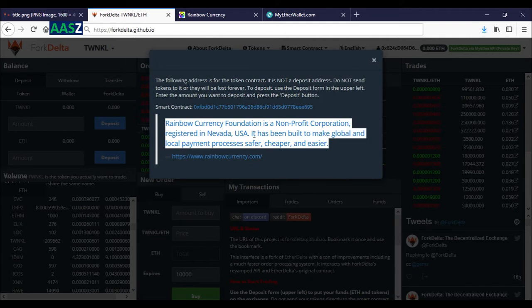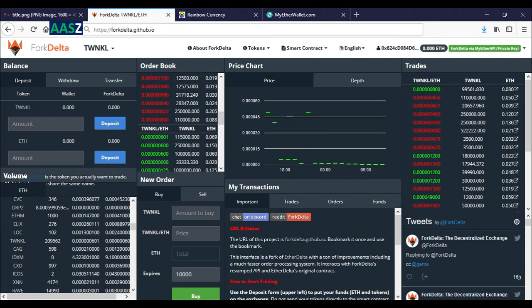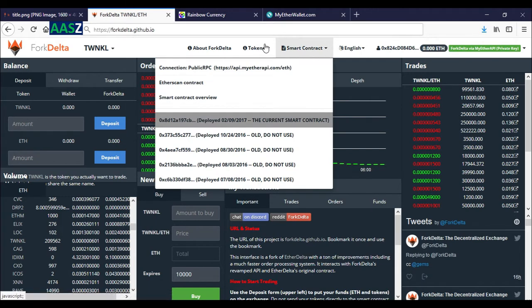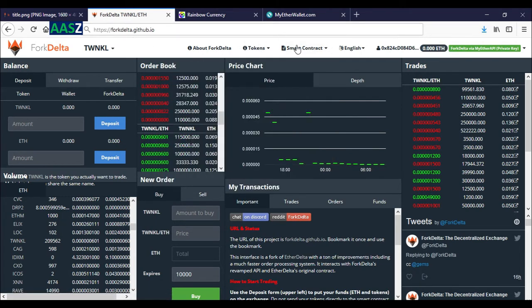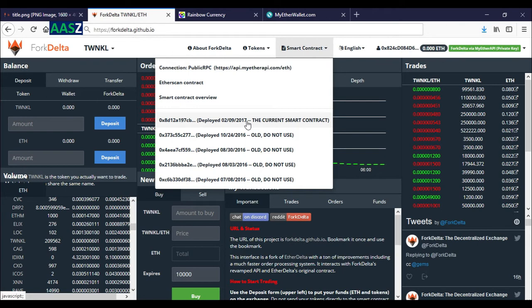It has been built to make global and local payment processes safer, cheaper, and easier. So by looking at the contract address, we become sure that we are trading the right token. The smart contract shows the current smart contract selected, so do not touch this one.